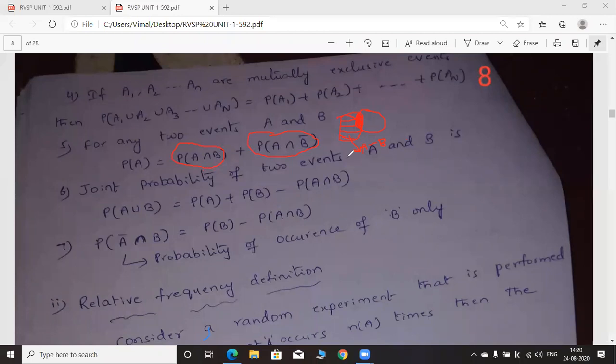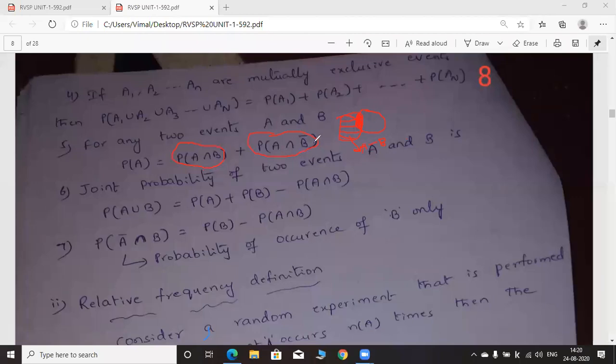To calculate the probability of event A, we are adding two probabilities. First one is the probability regarding the common portion. Common portion means A intersection B, which is the area common for both A and B. Whereas for the remaining portion, this entire first circle belongs to A only. Already this common portion is covered here, whereas the remaining portion can be written as A minus B, or you may call it A intersection B bar.